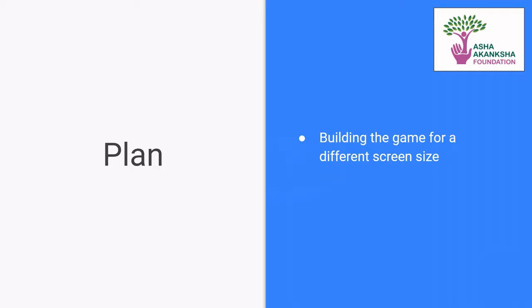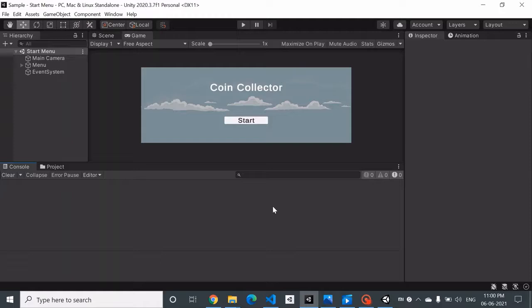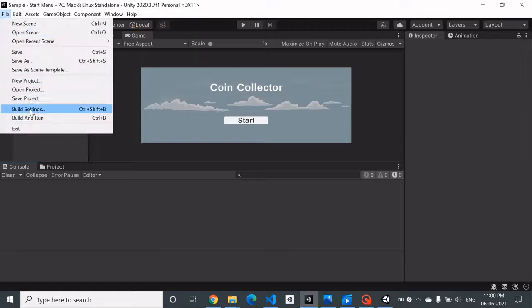In this video, we learn how we can build the game so that we can send it and play it on our PCs personally, etc. And for that, we will need to learn how to size the game according to the screen size of our device. So let's get started. In this video, we'll see how we can build the game and actually play it on our laptops, mobiles, etc. So what you have to do for that is go to build settings,